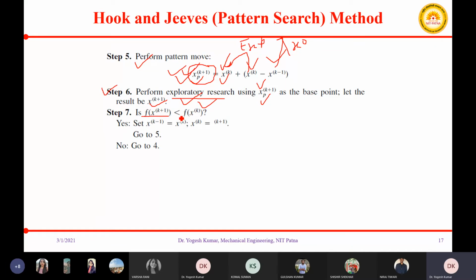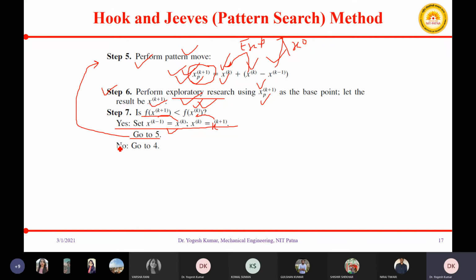If it is successful, that is, the value of function at xk plus 1 is less than the value of function at xk, then you will set these values: the value of xk will be assigned to xk minus 1 and xk plus 1 will be assigned to xk, and you will repeat step number 5, that is, again you will perform pattern move.